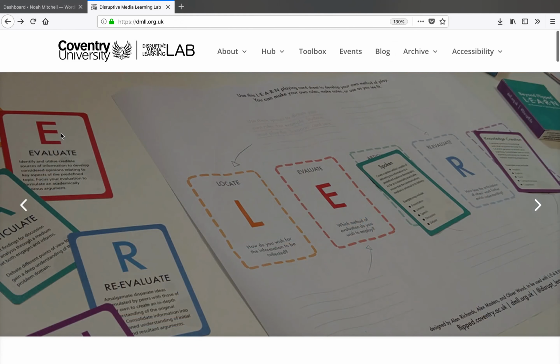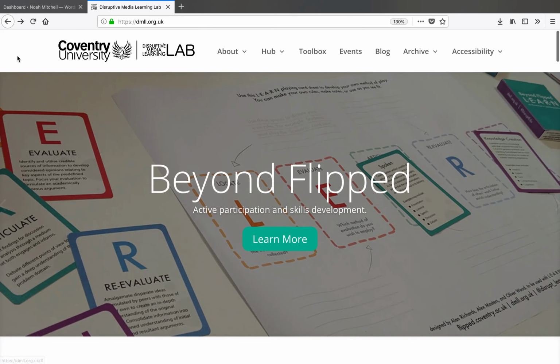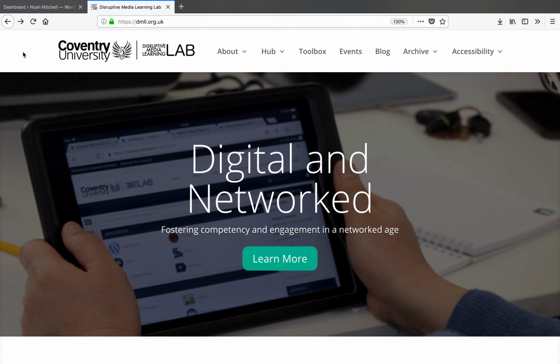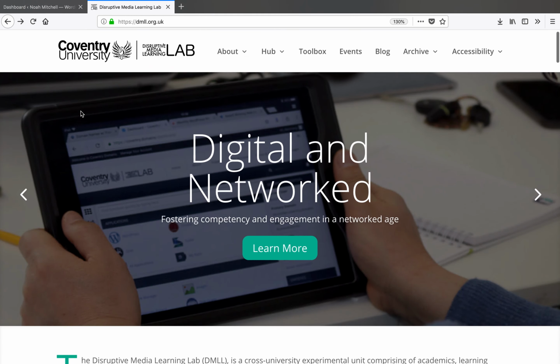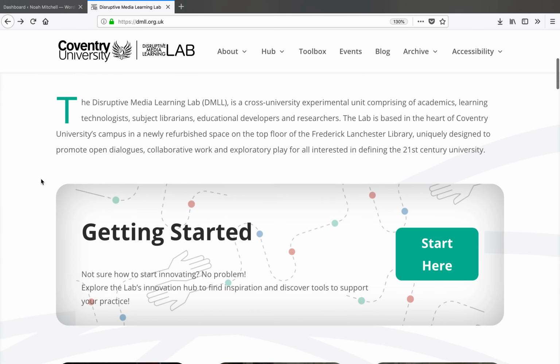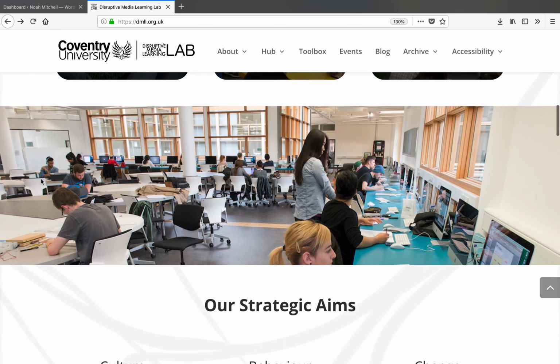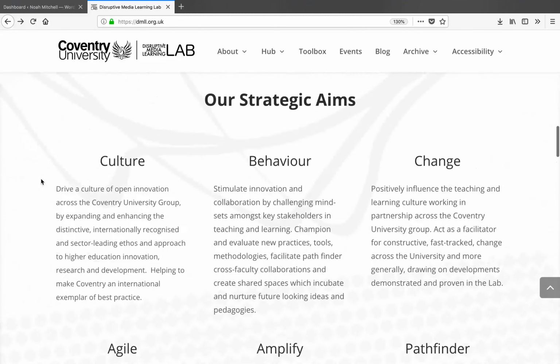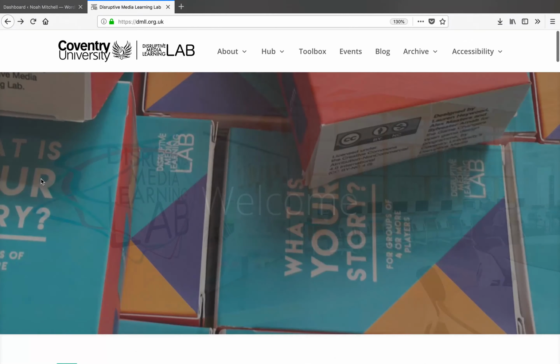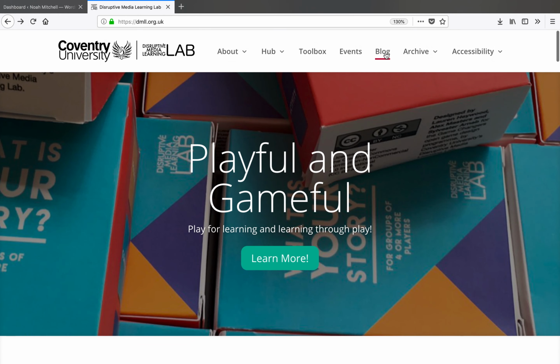So we're here on the home page for the Disruptive Media Learning Lab, Coventry University, which is the host for Coventry Domains. And you can see this is our home page. It's information that doesn't change all that much. It's sort of a welcoming experience for people who come to this site. If you've got a lot of static content that you want to show people, that would be best expressed as a page. However, if you go and click on our blog,